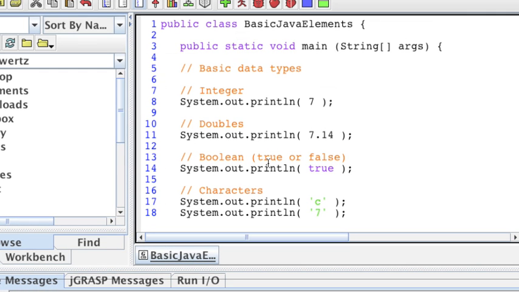On line 18, I have the character 7, and up on line 8, I have the integer 7. Okay, the item on line 18 is the character 7. It actually just means print the symbol that represents the quantity 7. The line number 8, where I have the integer 7, actually says give me the quantity 7. They're both actually represented by different underlying binary values, and as we get more into binary, we can talk a little bit more about that and data